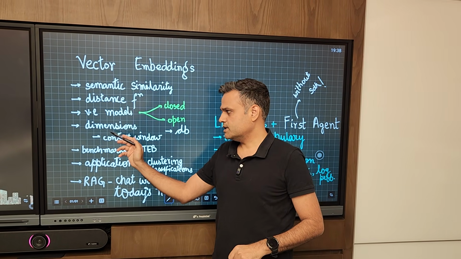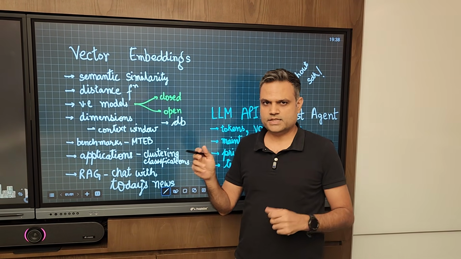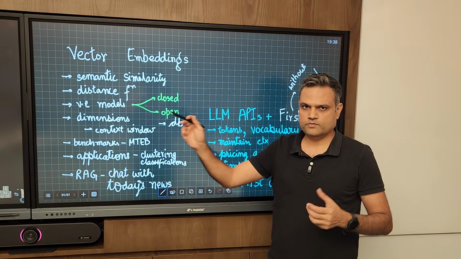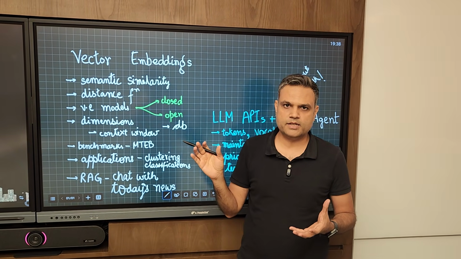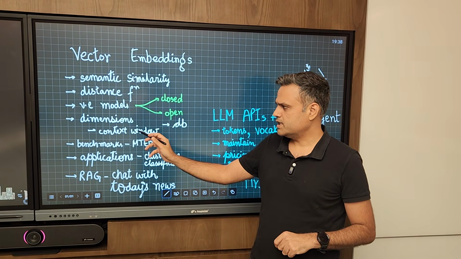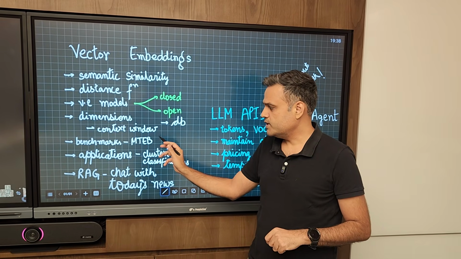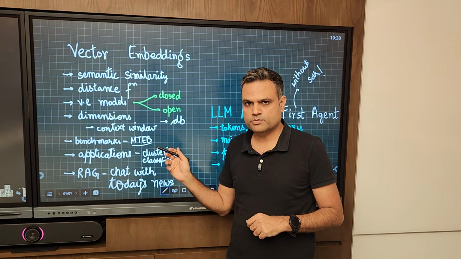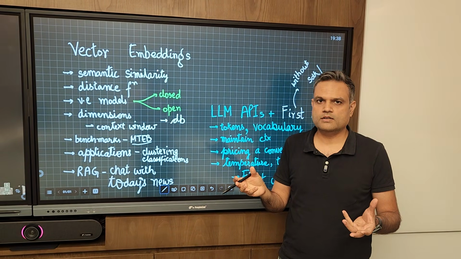Then we discuss the dimensions and the context window of these vector embedding models. Just like LLMs, these also have a context window, and dimension is a new term for each vector that they generate. Then we talk about the benchmark. When you choose a vector embedding model for your purpose, you need to have some criteria. One of the criteria is the dimensions, of course the context window, and then we have this benchmark called MTEB, Massive Text Embedding Benchmark. We dive into this in detail, and we show you how we choose a vector embedding model for production